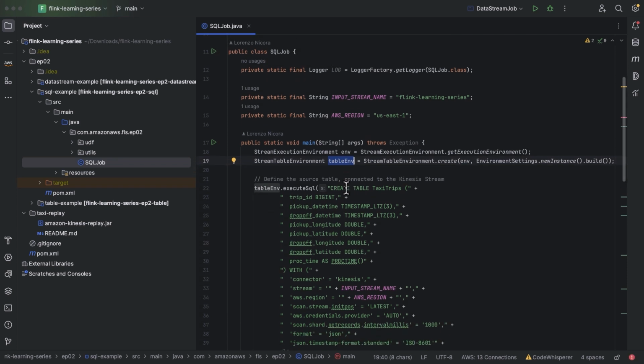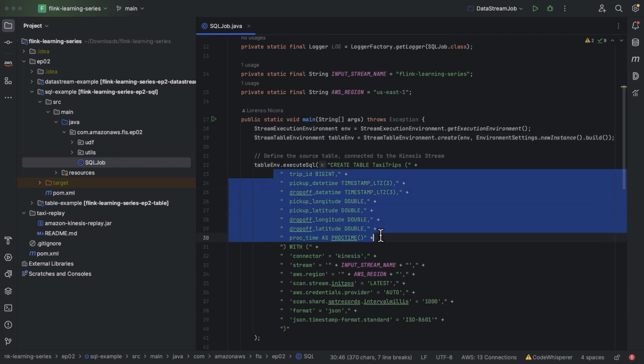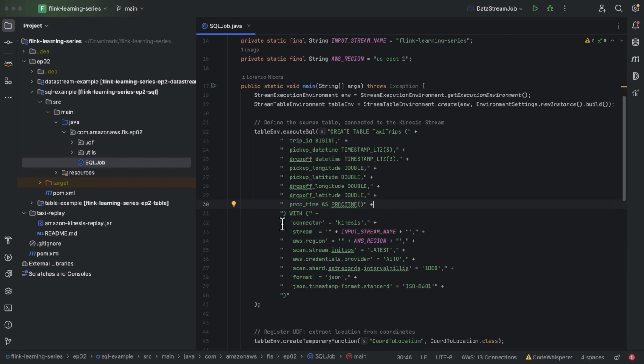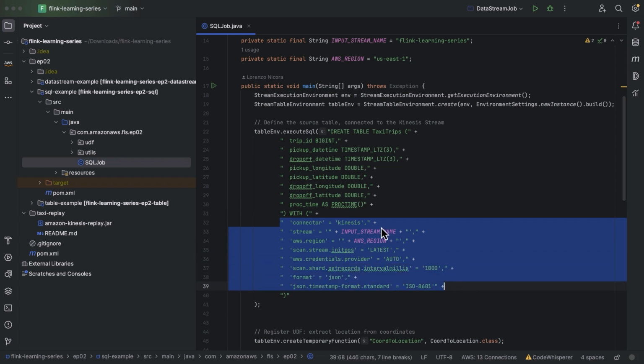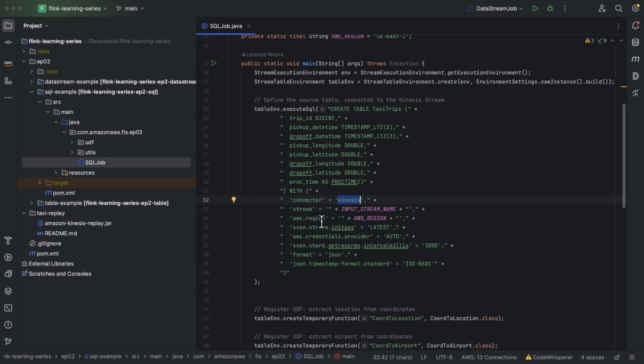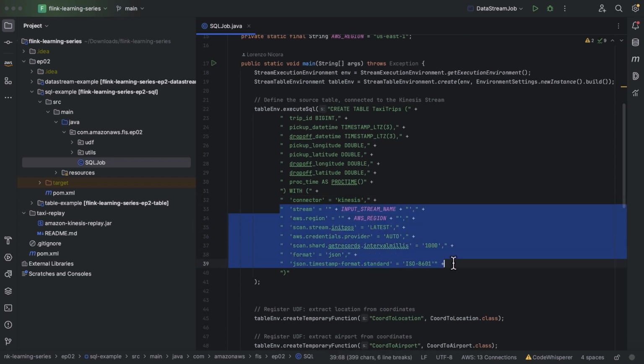For our tables, we need to define them and provide the schema beforehand. This means that if our schema evolves, we actually need to stop and update our application in order for it to be able to process. We also provide the connection configuration, the type of connector that we want to use, which in this case, we're going to be consuming data from an Amazon Kinesis data stream, and all the necessary configuration for it.